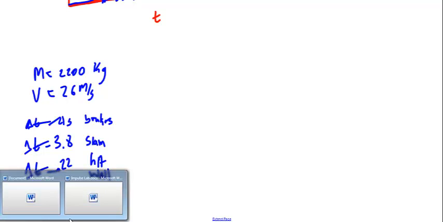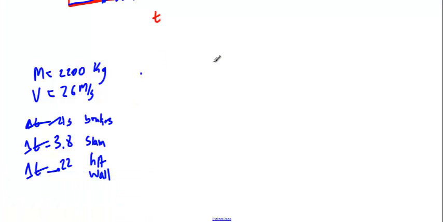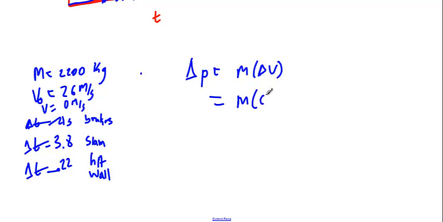Okay, so what average force is exerted on the vehicle in all of these stops? Well, to figure that out, let's figure out the change in momentum. The change in momentum for every single one of these cases is going to be the same because they all start with a v0 of 26 meters per second and they all end with the same final velocity, 0 meters per second. So my change in momentum is equal to mass times change in velocity, which is mass times 0 minus 26, or 2200 times negative 26. That's the change in momentum of the car.